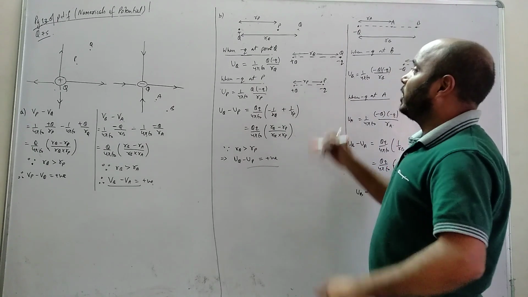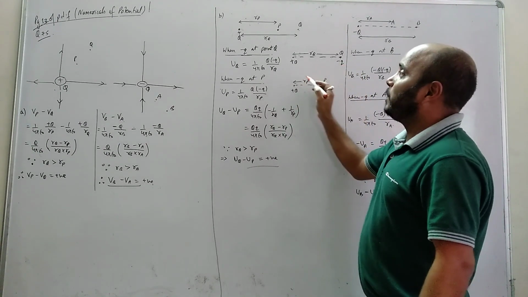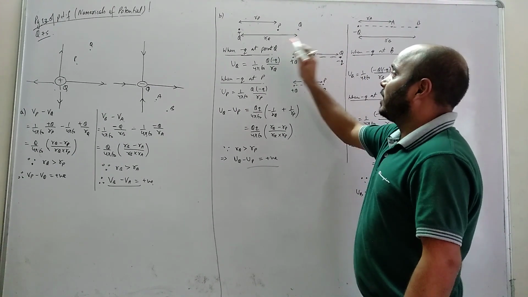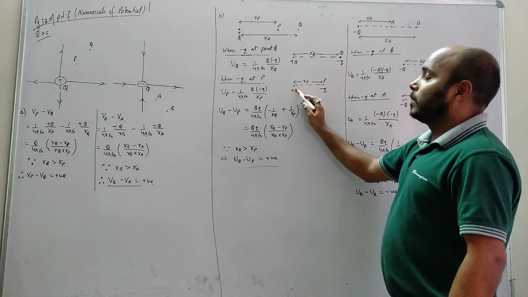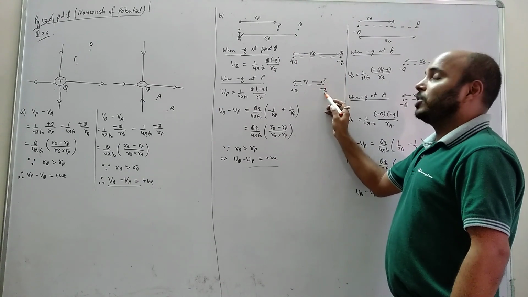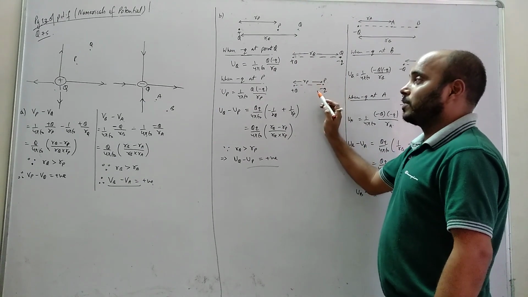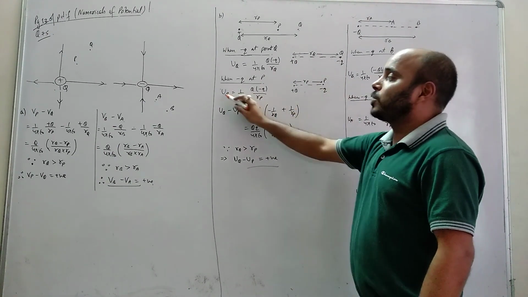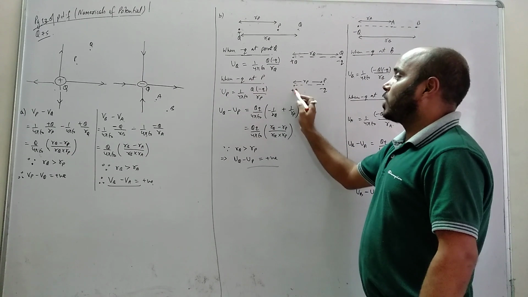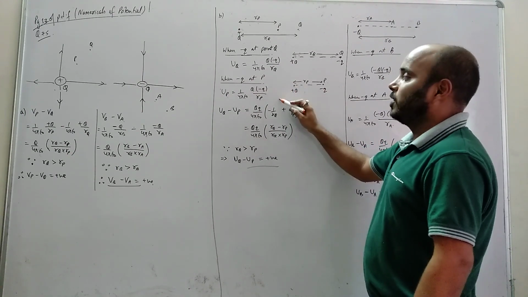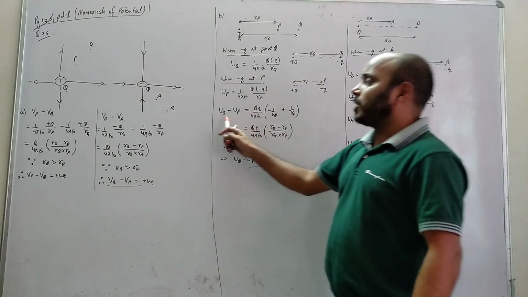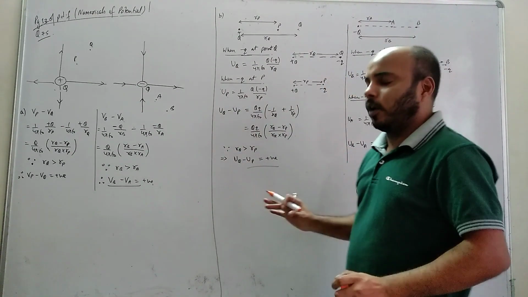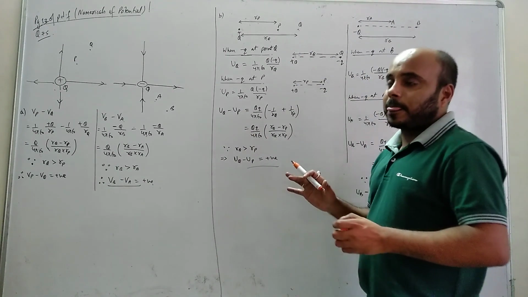Similarly, when I am placing this minus small q charge at P, the distance is RP. I am naming the potential energy of this system UP. It is 1 by 4 pi epsilon, charge into charge by distance RP. Now I subtract: UQ minus UP. You can do UP minus UQ, anything you want. The answer will be the same, so don't worry about it.